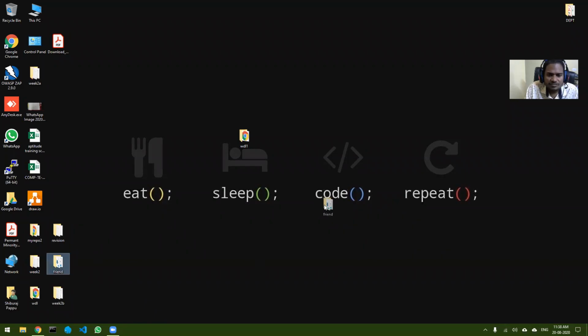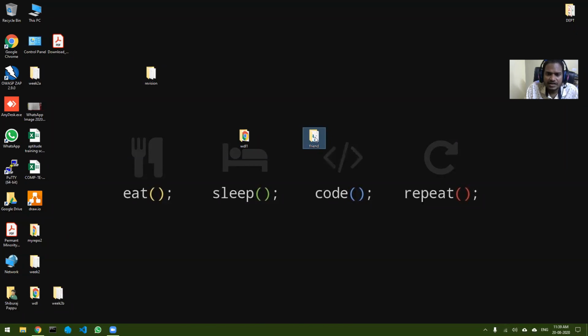So I have this repository from the last time that is called friend. It doesn't matter where I got this repository. If you attended the last session, then you know I uploaded this revision into Git, and then I cloned that same repo into friend. So that was what we had done. Now I'm going to show you how to use the GUI part.